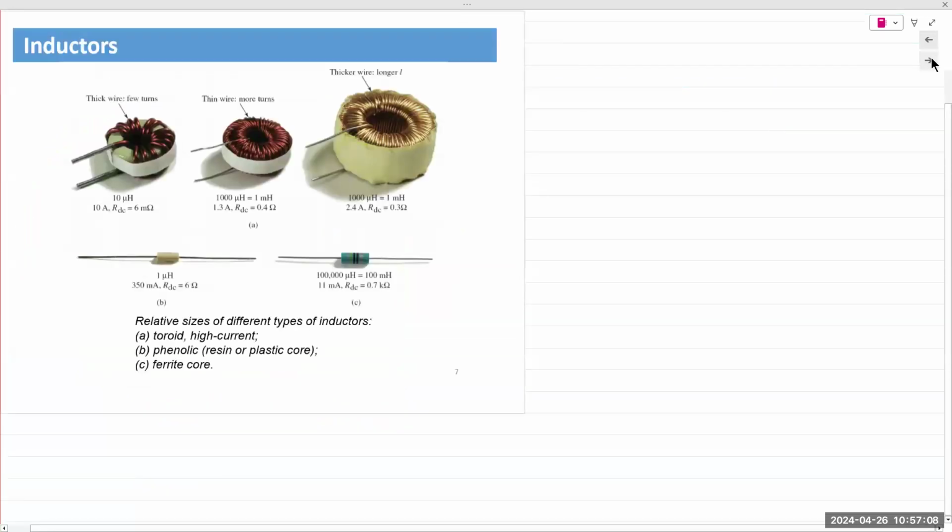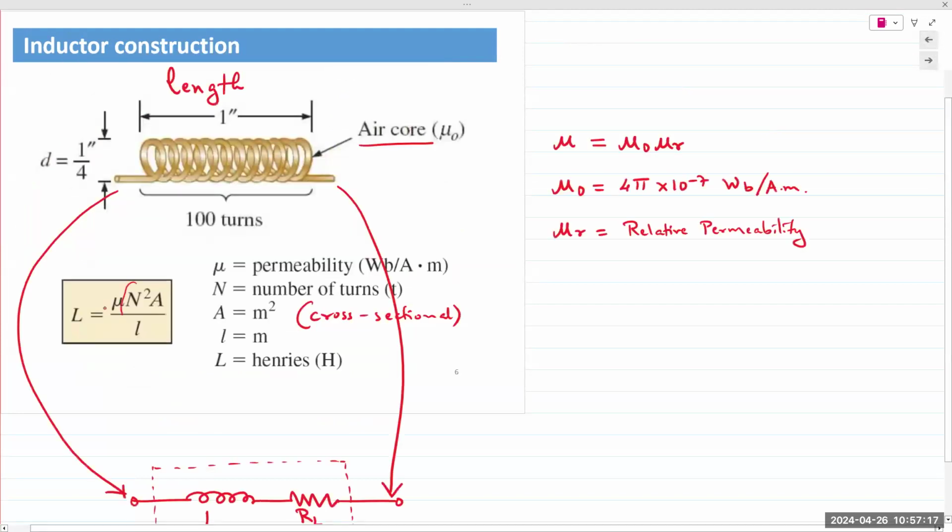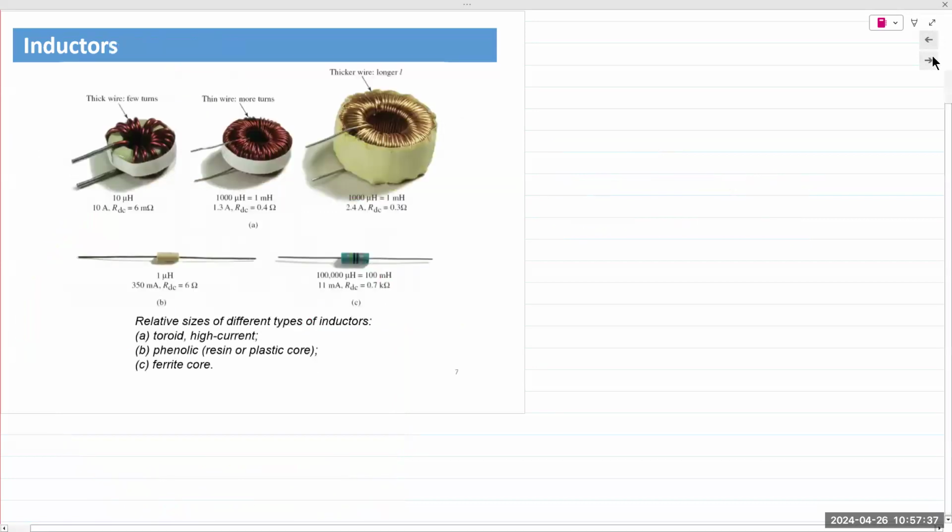Then here are just some examples of inductors. I'd like to point out just 2 things, actually 3 things. So we looked at this equation, right? We see that the inductor is directly proportional to the number of turns, also directly proportional to the cross-sectional area of that wire or that coil, right? And then it's inversely proportional to the length, meaning if the length is high, the inductance will be small. So if you look at these first 2,